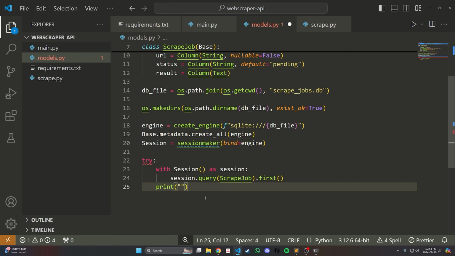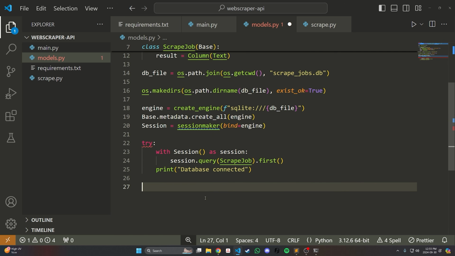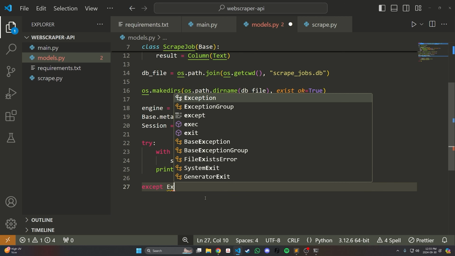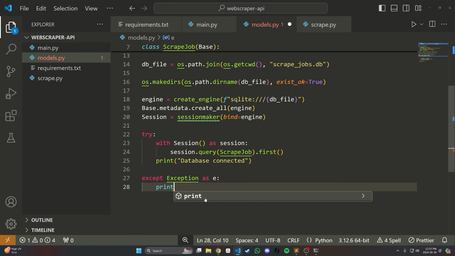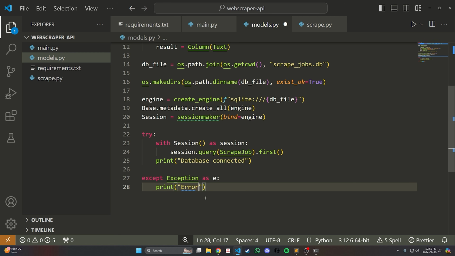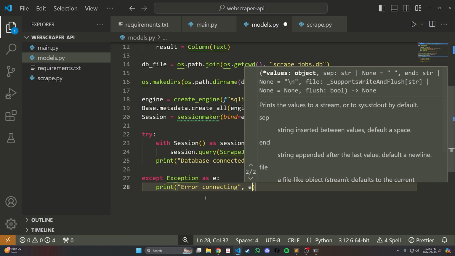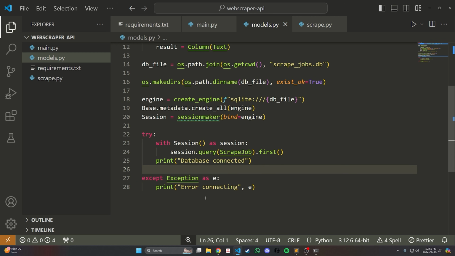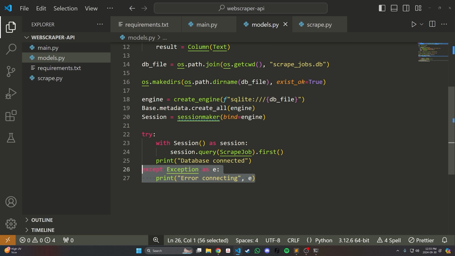And then we're going to say print "database connected", just to make sure that that's working. And then we're going to say except Exception as e, and then we're going to print "error connecting", and we are going to render e. Okay. Now, the reason we're doing this is just so that we can see if there's an error connecting to